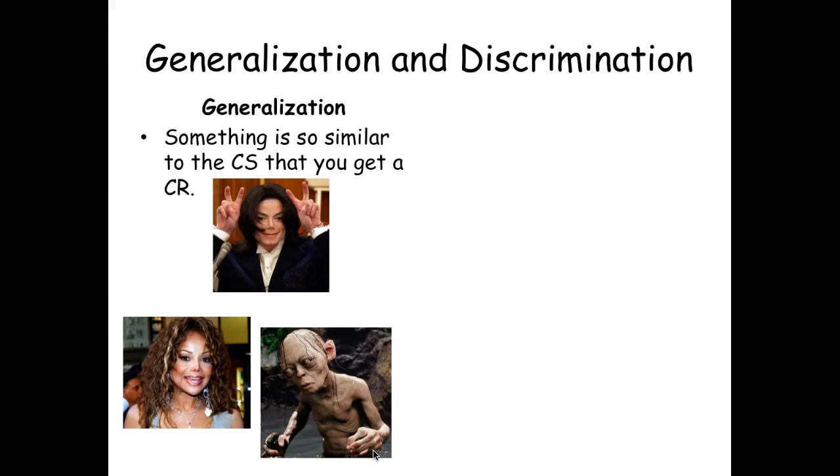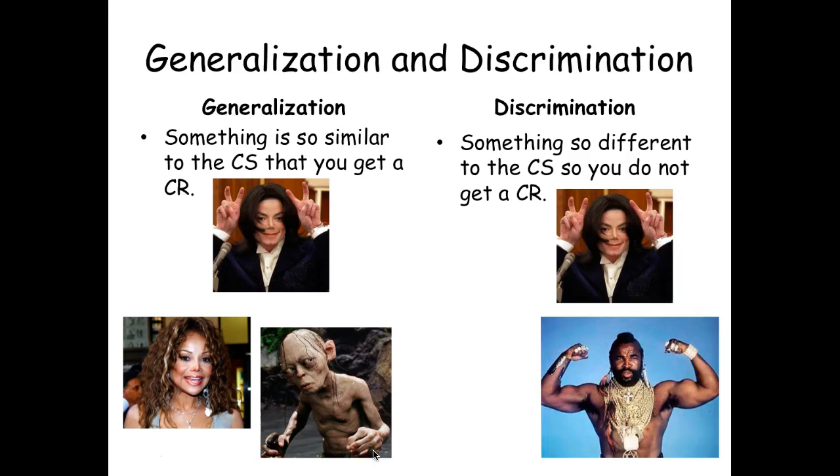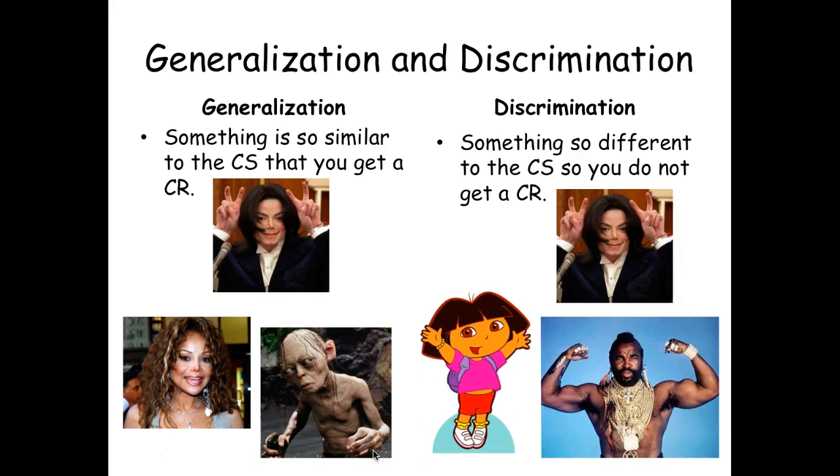But in this case, there's also discrimination. And this is when something is so different to the conditioned stimulus that you don't get a conditioned response. So again, Michael Jackson with this finger gesture. Mr. T looks nothing like him. Dora the Explorer. So if you have multiple things that look similar, they might get a conditioned response. But if you have different things that are not similar to the conditioned stimulus, you are able to discriminate the